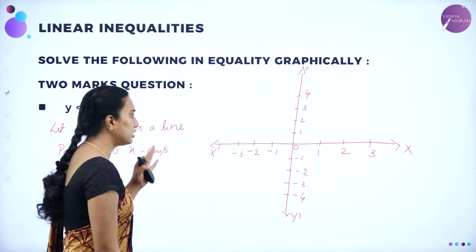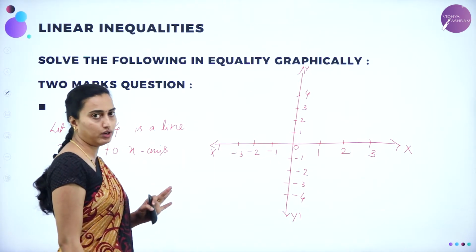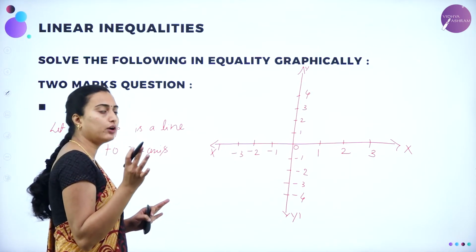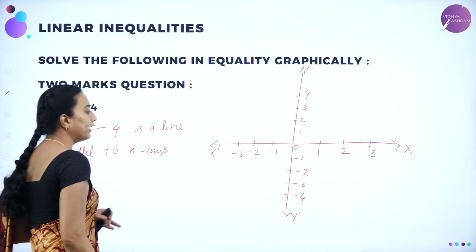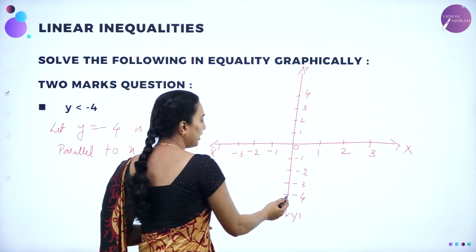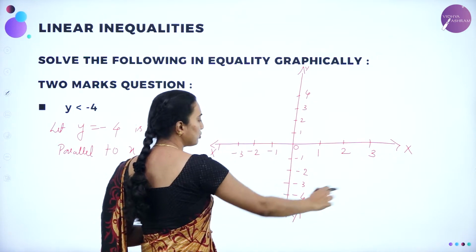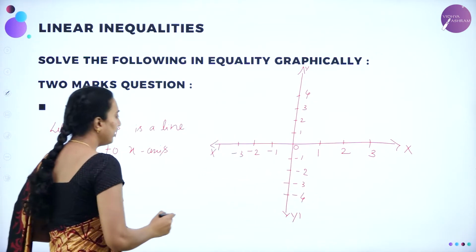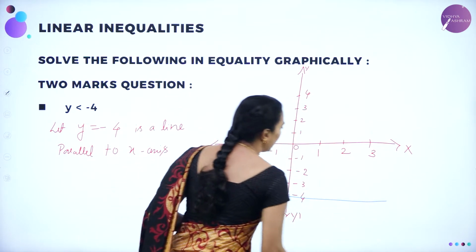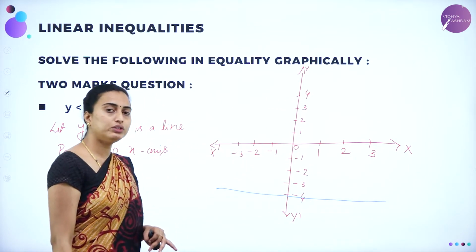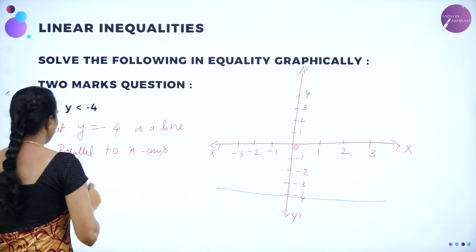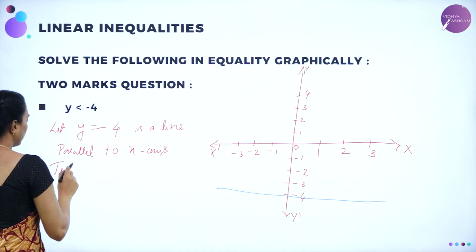Correct? So here this is what you are going to have, the graphical representation, and here we are going to write down the line y is equal to -4. Where is y equal to -4? This is the y-axis. So this is the line y is equal to -4. So I have to draw the line on that point. If I draw the line, you can see it is parallel to the x-axis. Now you need to decide the region, that is the feasible region. So here test for the origin.